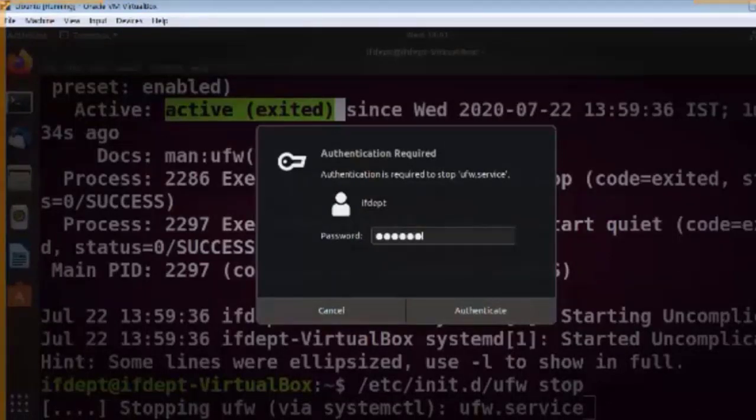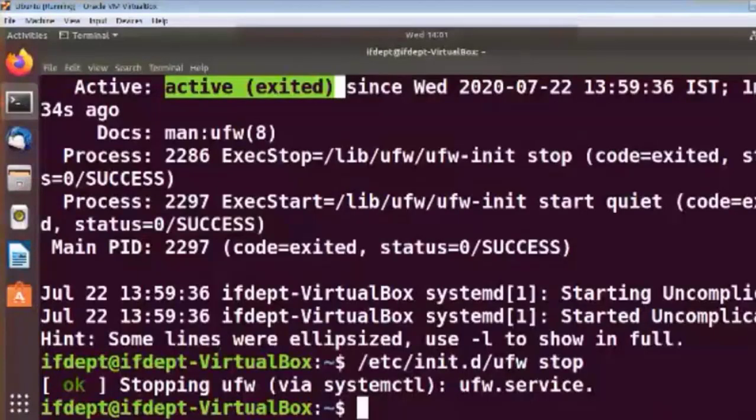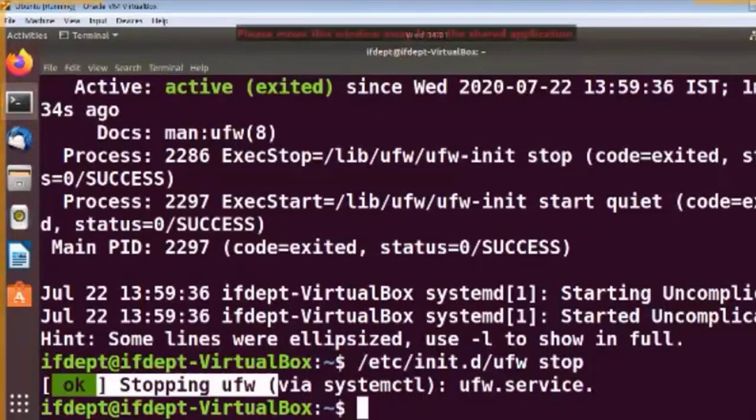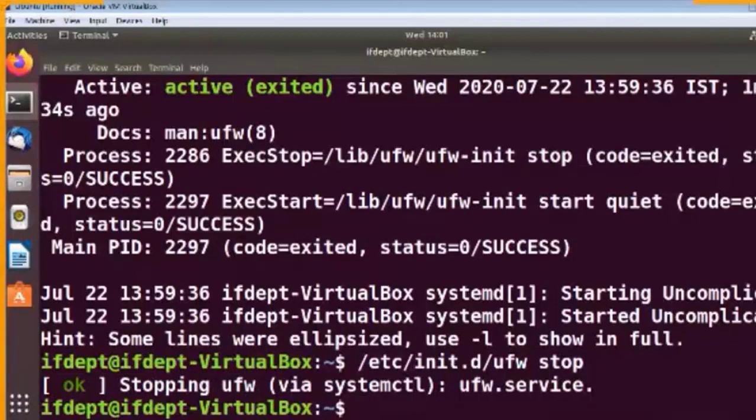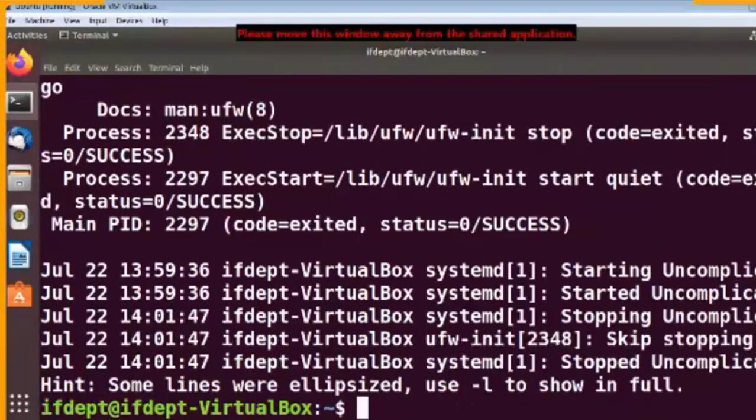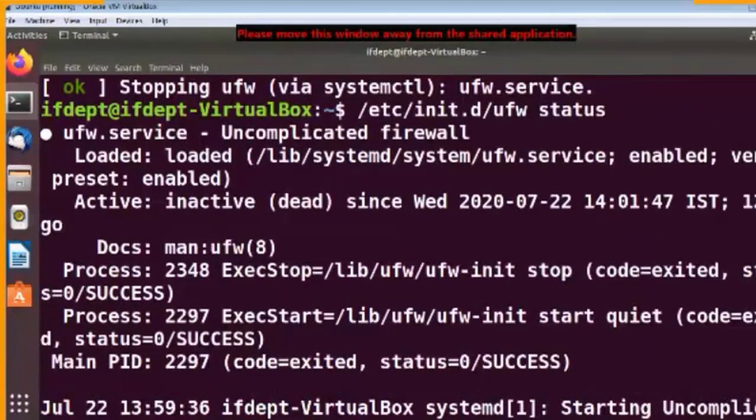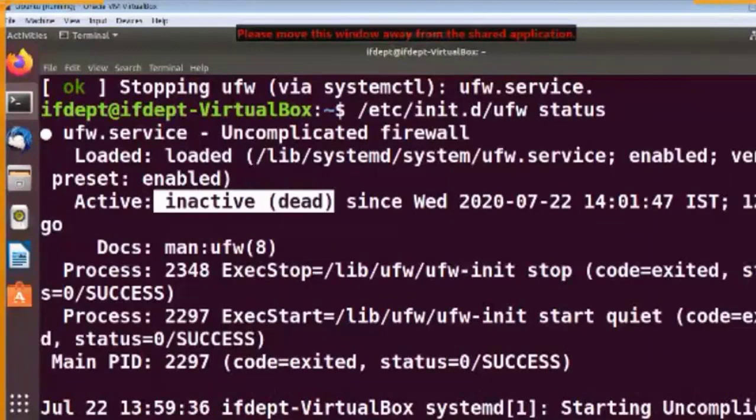So here put my password, authenticate, and now it is telling me okay, stopping UFW. Now let us check the status of UFW. So again press enter, status. So here it is showing me stop, is inactive, right?